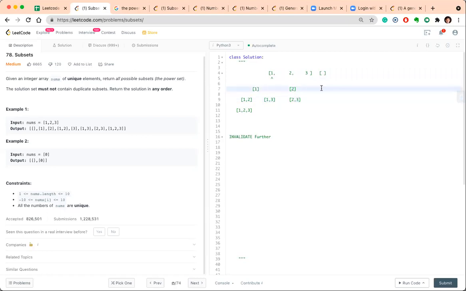After coming back to this place, we only have 3 left. So we will go to 3. And at 3, we will terminate our search. We will terminate our DFS because there is nowhere to go. This way we don't even have duplicates as well. I think this is much better.